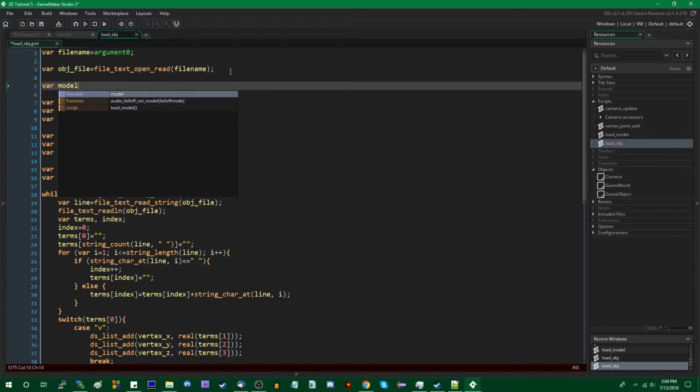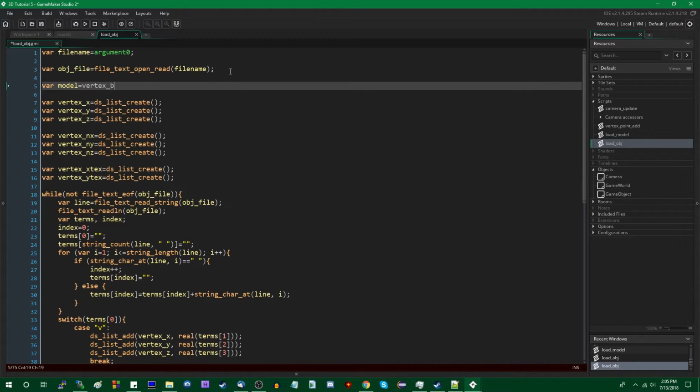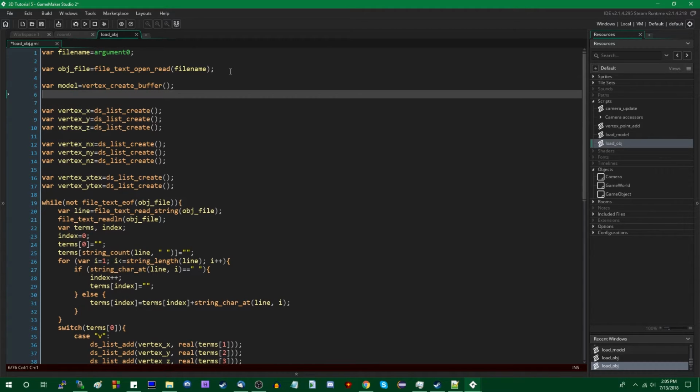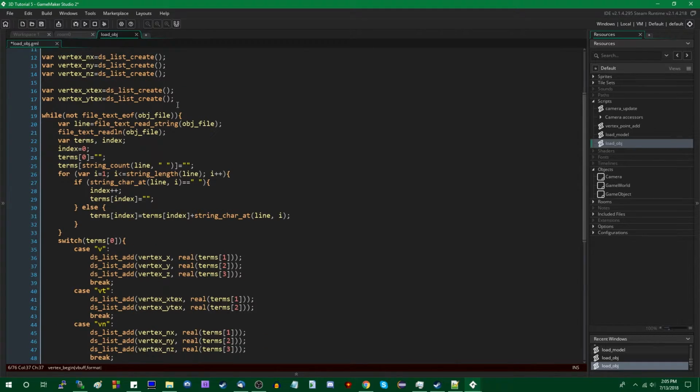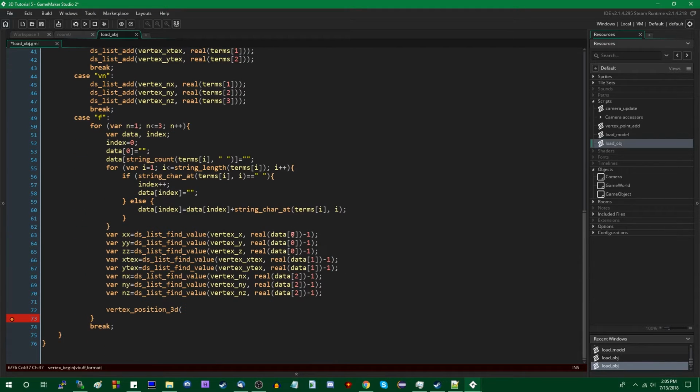Again, if you're still watching this, I have to assume that you are aware of how D3D models work if you're using those, and you will be able to follow along. But I'm just going to say vertex_create_buffer, and vertex_begin. You can use whatever vertex format you want here, as long as it's got the required information.